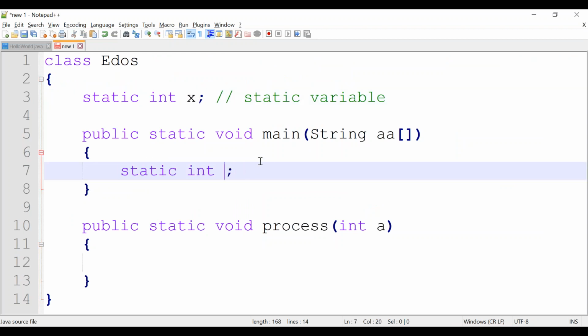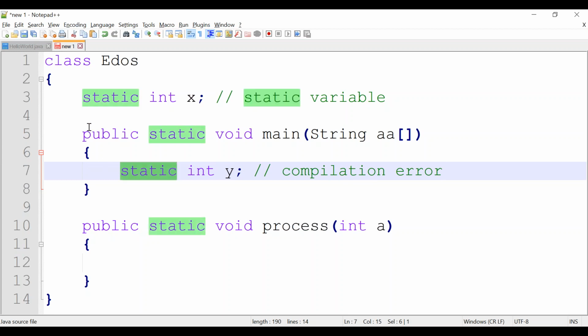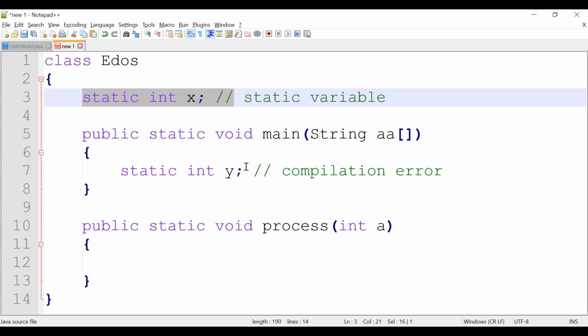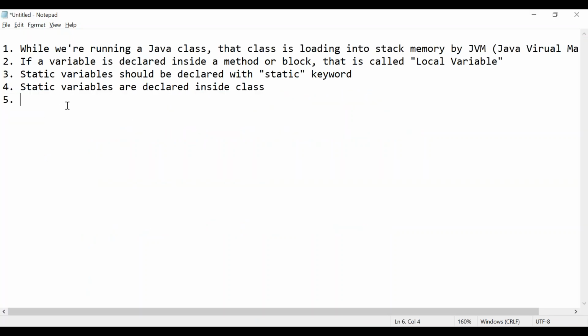It is wrong. The compiler will throw a compile time error, because static means it should be outside of any methods. I will tell you why later. Static variables should not be declared inside any methods, correct?